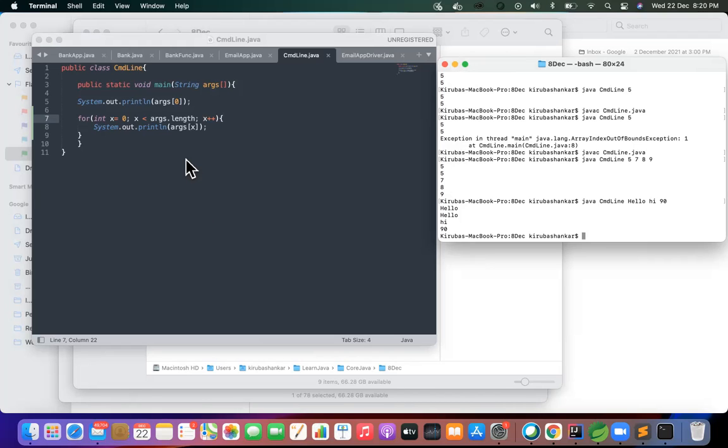Every time there's no need for your condition to be x less than and x plus plus. Based on your scenario, you might have greater than, and you can decrement it, right? So try to write a few more logical programs where your for loop logic can help you improve on the logical side. If you don't have any questions, we can go ahead with the wrapper classes.